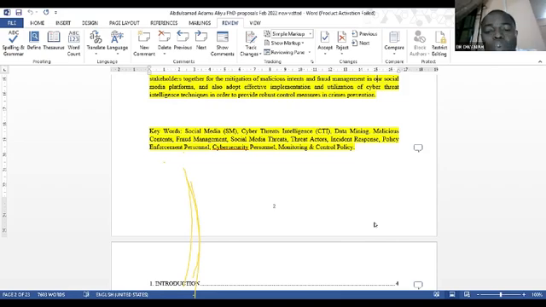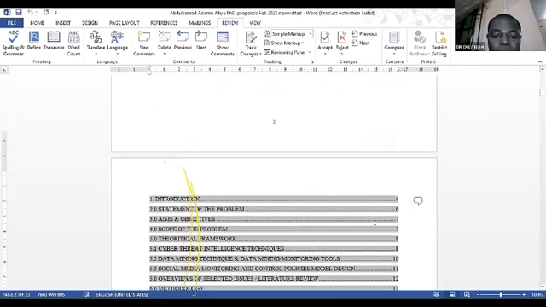Your keywords are too long. They're already in 3 sentences. Can you imagine keywords? You're putting social media, cyber threat intelligence, data mining, malicious content, just too plenty. So please delete those keywords if it is a thesis proposal. But if it is a proposal for attraction of grant, you can minimize those keywords to at least 5. Once keywords are more than 5, then there are already redundant words in the keywords that should be eliminated.